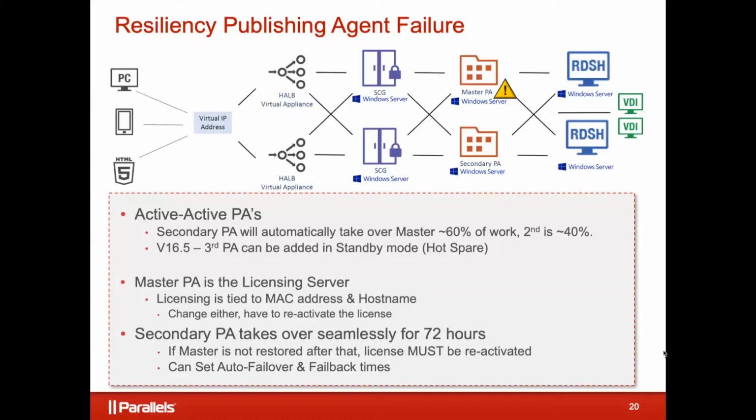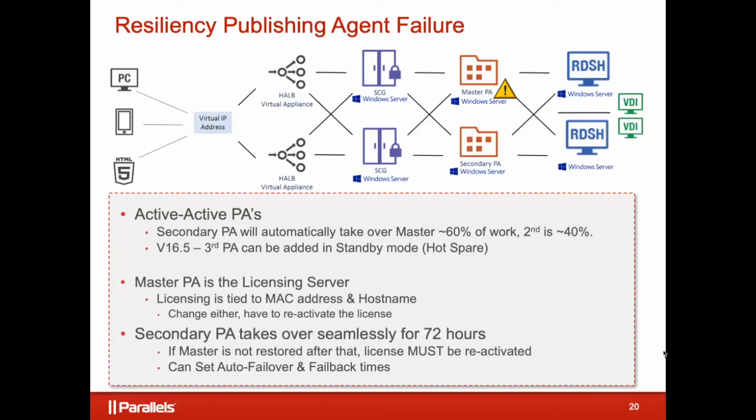The main thing that the master is doing that the secondary doesn't is it is the licensing server. Okay, so that's where all your RAS licenses sit. So if it goes down, the secondary server will take over and act as the licensing server. You got 72 hours before you have to worry about anything. So if it's just the host that went down and somebody kicked the power cord or something, you plug it in, it comes back up, the PA starts, you don't have to worry about anything. We're good. The master PA will come back up and say, I've got it, and take over. If the master publishing agent went bye-bye for good, right? I mean, it's running on a physical server and that server caught on fire and game over, right? Something like that.